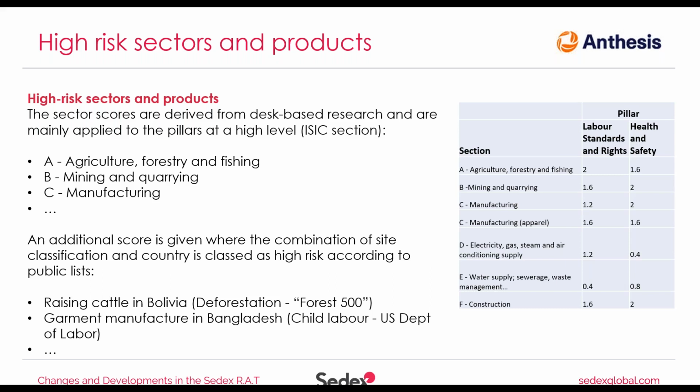So an example here is the raising of cattle, or cattle ranching, or indeed soy production in a number of Latin American countries, or here Bolivia, are associated with a high risk of deforestation according to the Forest 500 database from the Global Canopy Project. So where those kinds of combinations arise, then a little boost is also given to the risk score to increase it somewhat